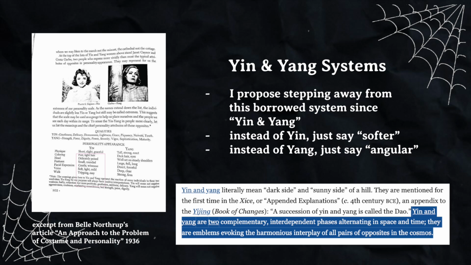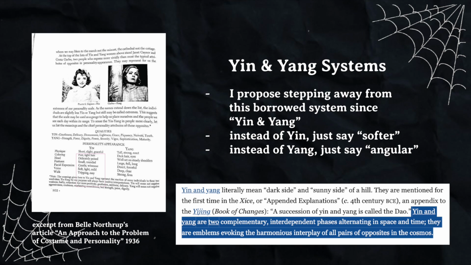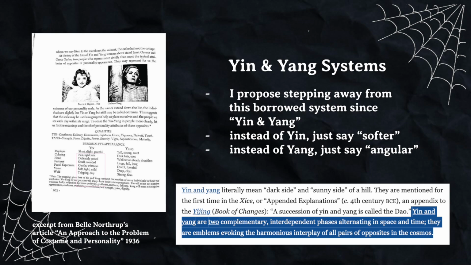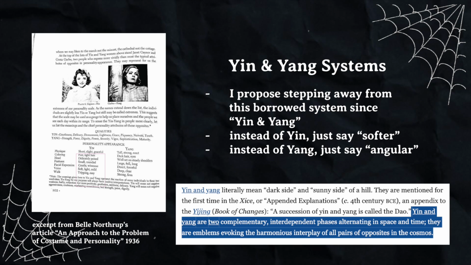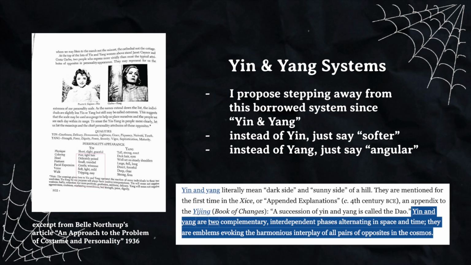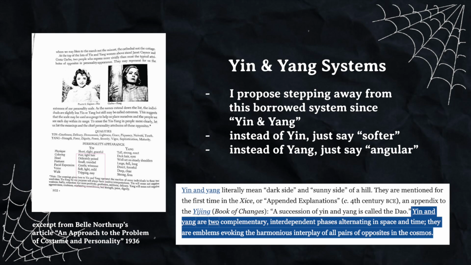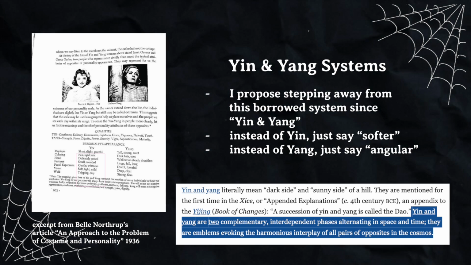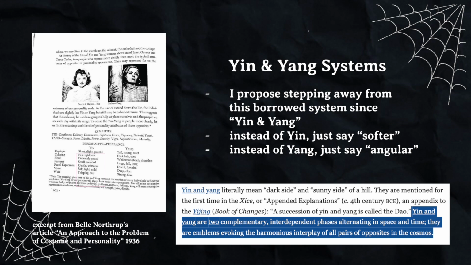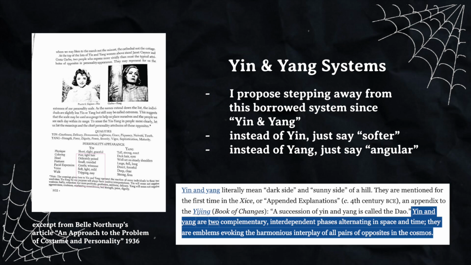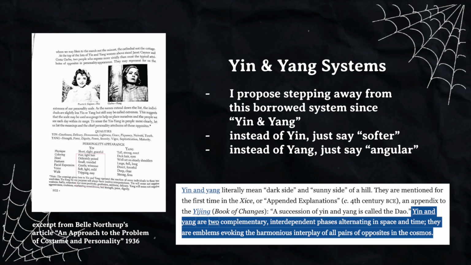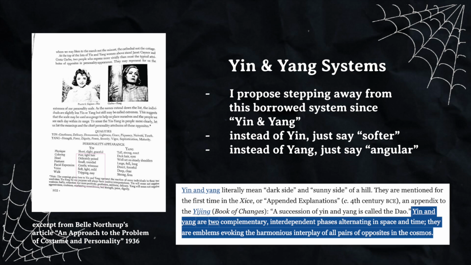Now, although she was onto something and her system birthed what we know today from Kitchener and Kibbe, there are some things that I don't quite agree with. The main thing with yin and yang is that it comes from Taoist principles, and I feel like where we see yin and yang in Kitchener and Kibbe, I don't quite agree with, just because it fully takes away from Taoist beliefs, and I kind of just don't want to appropriate from that anymore.